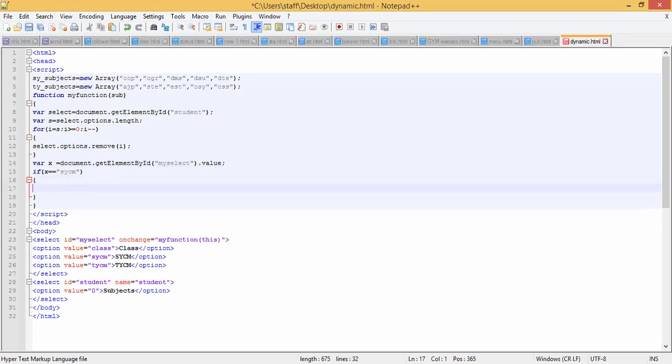This we are taking in an if. If we select SYCM, then what will it do? For that, we will take one for loop. For i equal to 0, i less than, which array? For second year, we have taken SY subjects, and i plus plus.